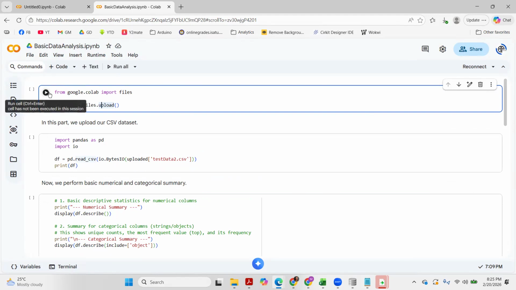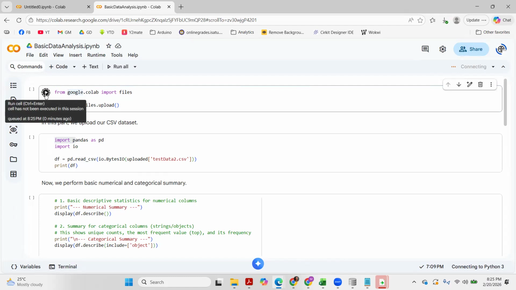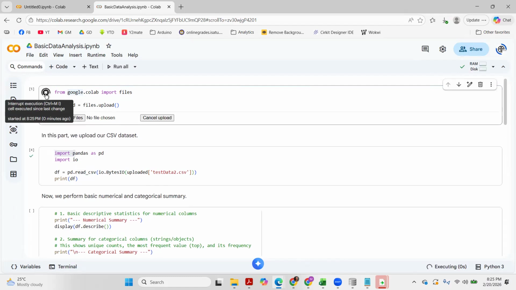Okay, so we have this play button if you want to run the code. Let's start with the first one. We know that this part has not been run yet because we don't have a check icon here. So I'll click run, and since, if you have noticed earlier, I had been disconnected from the runtime.